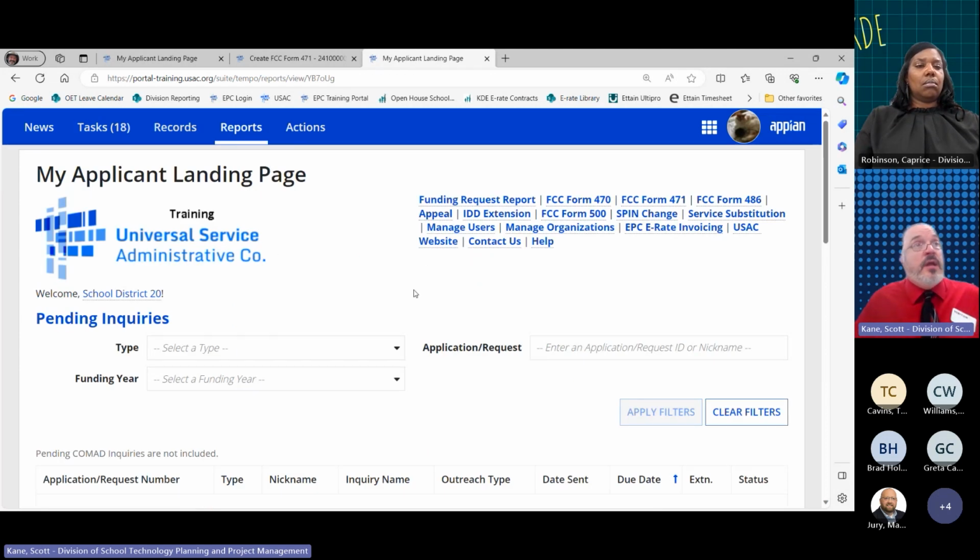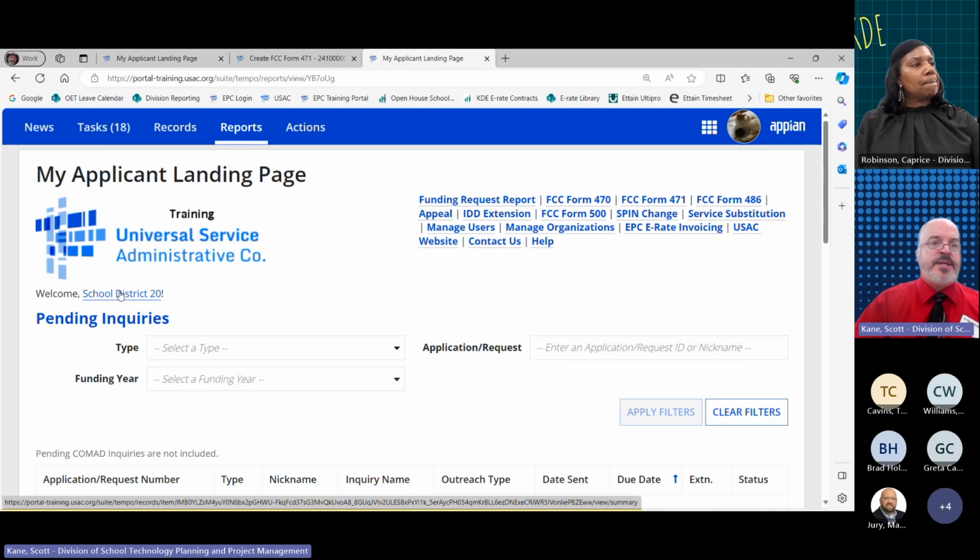All right, so if you need to enter information about a contract, let's say it's brand new this year, you've gone through the Form 470 process, you've now established the contract, everything's in full working order, everybody's signed off on it. If it's a lease for more than $100,000, you've gotten the blessing that KDE's lawyers have to give it. All of that's done and you're ready to enter it. The way that you do that is from your landing page, click on the welcome text where it has your school district's name.